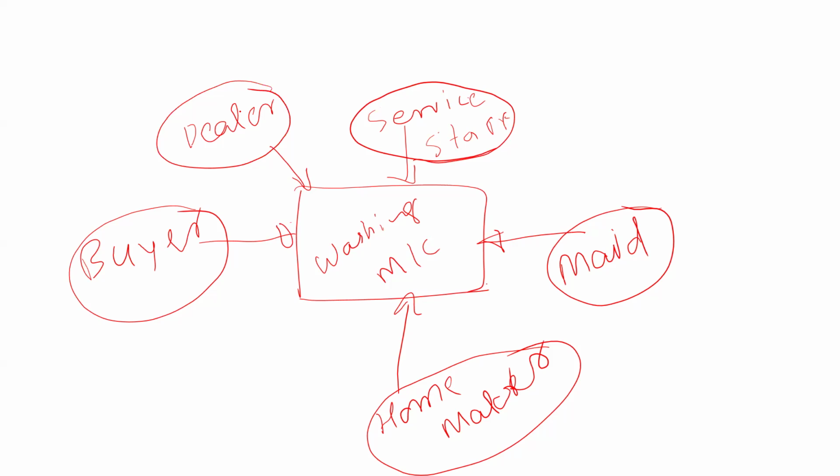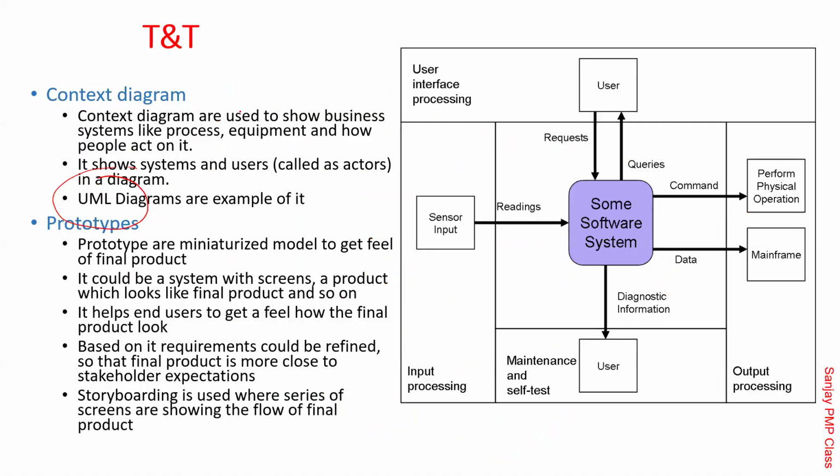These are called actors. So put the actors and say what they are going to give to the system and what they are going to take. These types of diagrams are called context diagrams. IT guys call it UML. Has someone used that UML diagram? Yes, actors and actions. There are multiple diagrams, like use case diagrams and sequence diagrams, all under UML, and a larger thing called a context diagram.